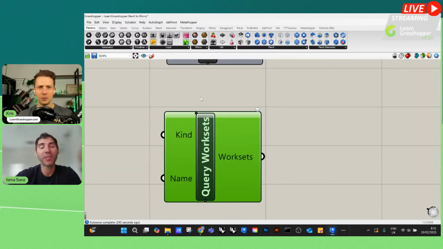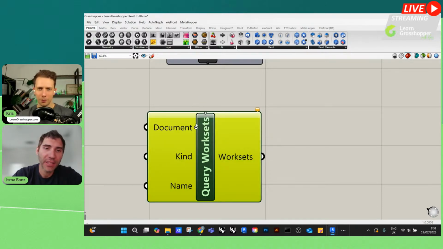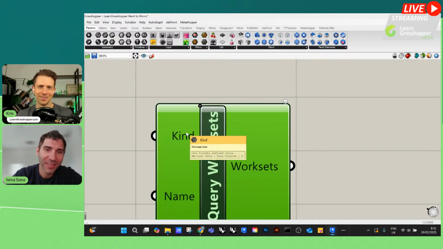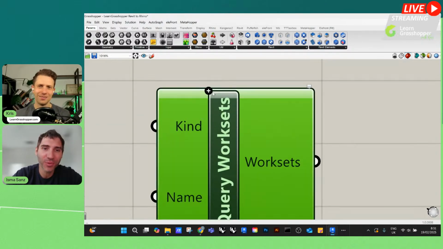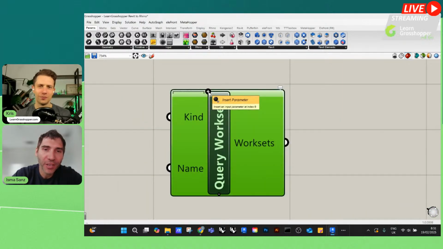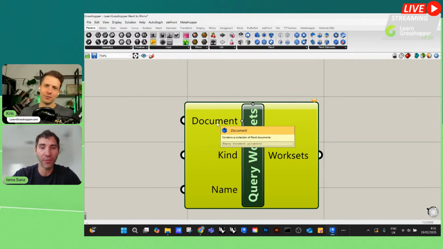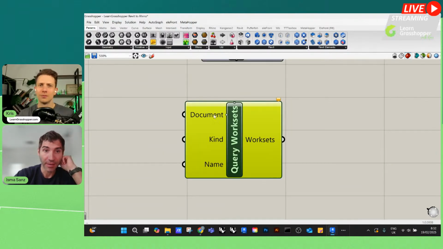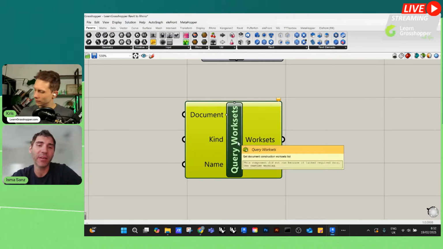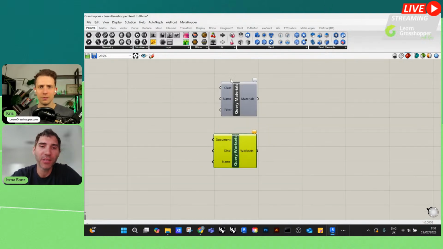If you want to get information from a specific file, for example, you have two different Revit files, or one model with another linked Revit file, which I'm going to show you later, there's a magic hidden button. Exactly. If you zoom in, you will see this plus. If you click the plus, it's going to ask which document you want to extract the work sets from. If you feed the document here, this is going to extract information from the specific document that you are feeding. I'm going to show you in a couple of minutes how to do this, but